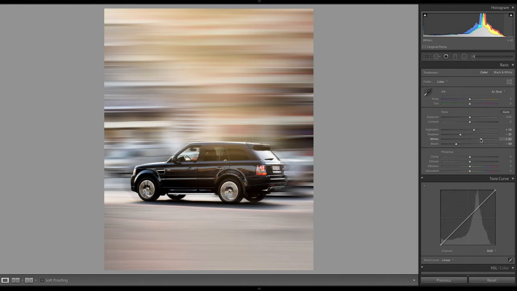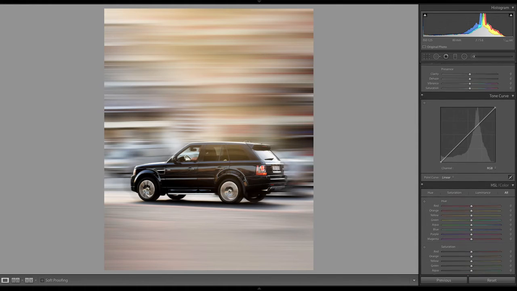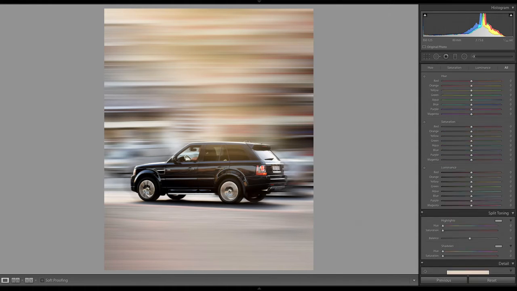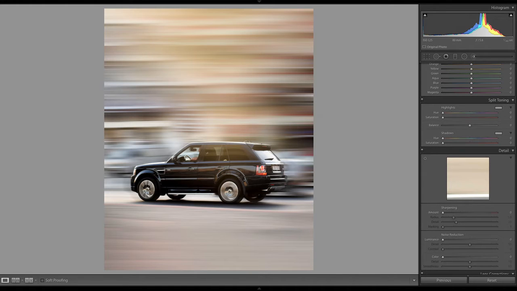All right, so the next thing I want to do really is play with the color. That's what's most interesting in this photo to me. And the way that I'm going to do that is with split toning. Now, just as a refresher, the way split toning works is that you are actually adding color to either the highlights or the shadows. So to do that, first you need to add saturation by dragging these sliders up. And you can add more or less saturation however you want.